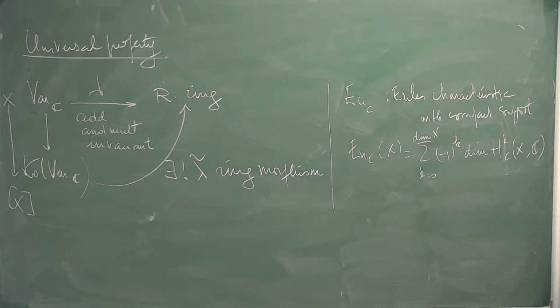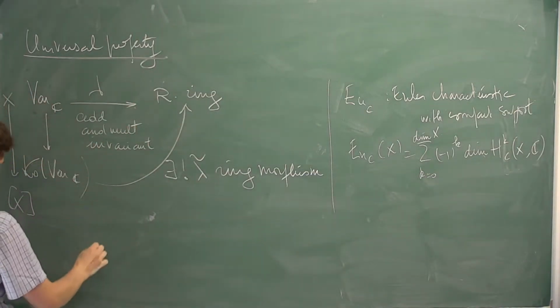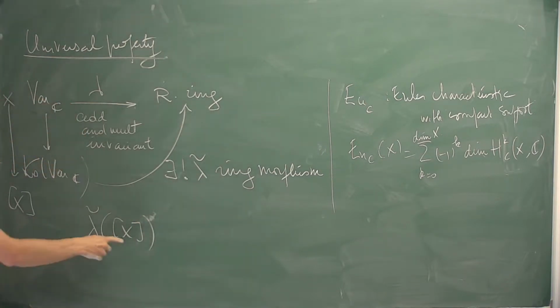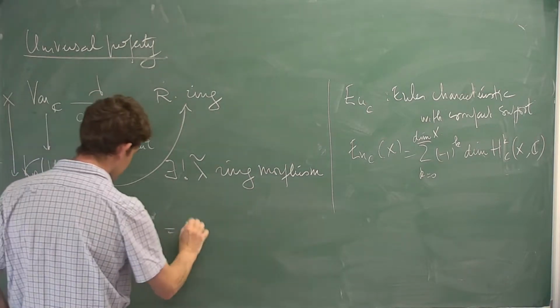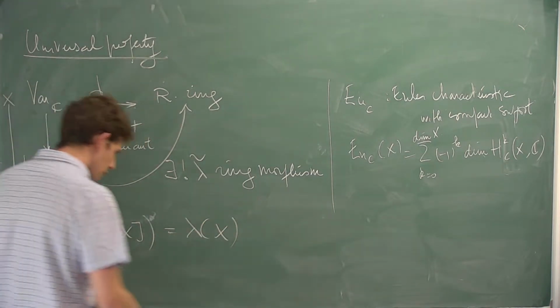So this is additive and multiplicative. And then what you can observe is that by the commutativity of the diagram, the image of the bracket by lambda tilde is lambda of x. So in particular,